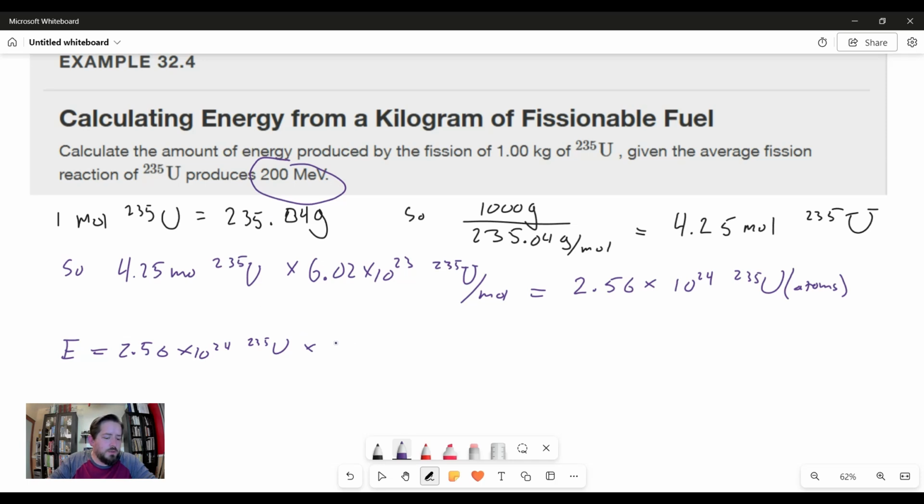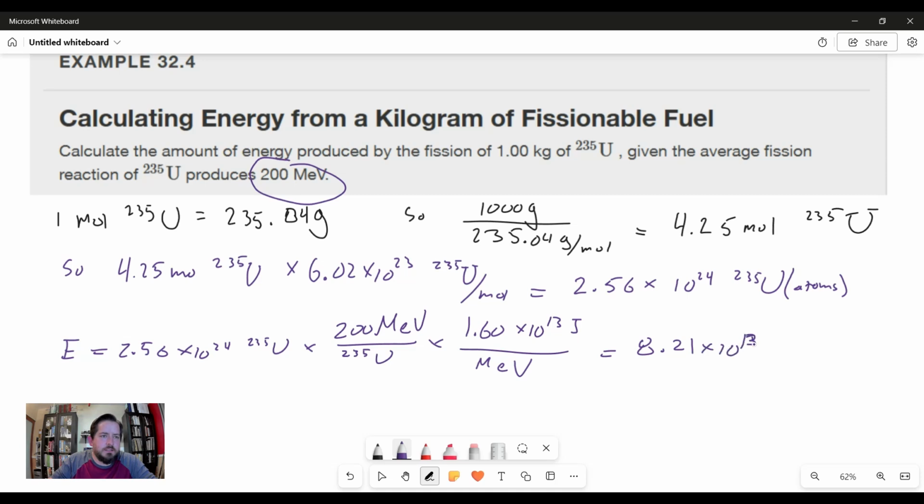So 200 mega electron volts per uranium-235. And then I'm going to convert that out of mega electron volts with 1.60 times 10 to the 13 joules per mega electron volt. And in the end here we've got 8.21 times 10 to the 13